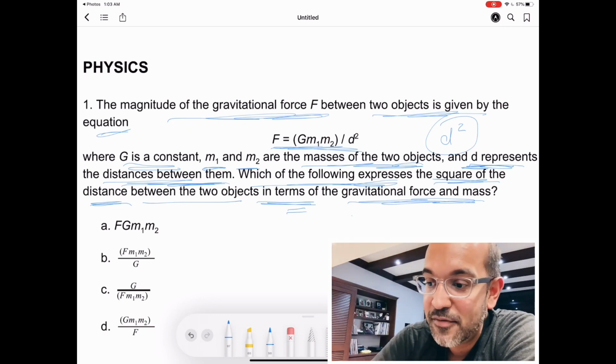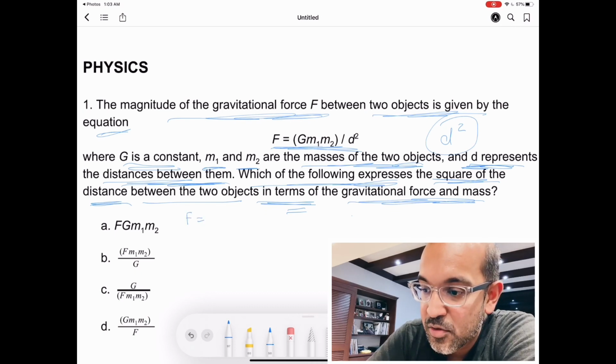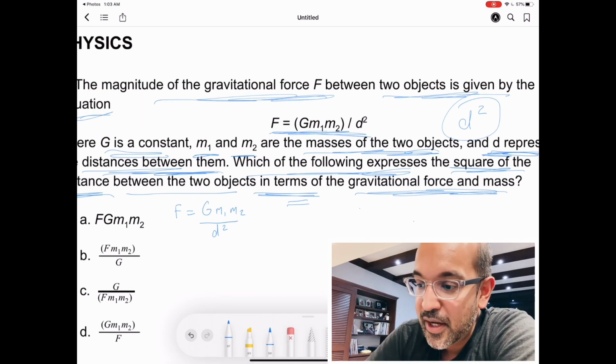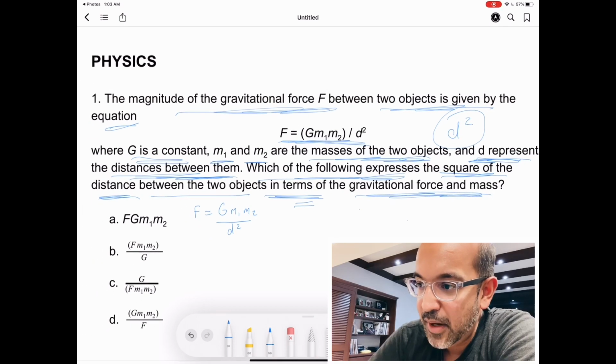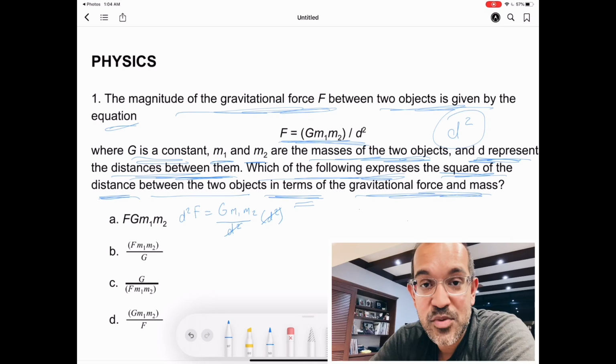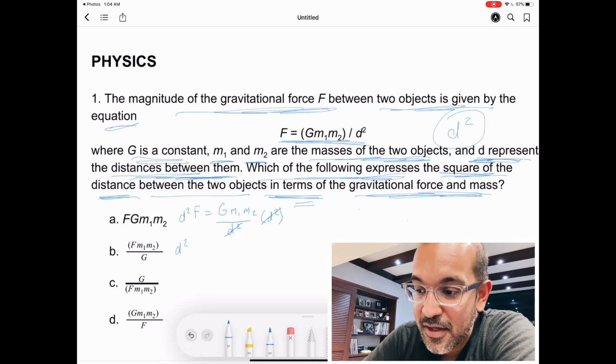So here's all we have to do, okay? I'm going to rewrite this equation right here. So we have F equals G M1 M2 over D squared. Now remember, what do we want? We want to solve for that D squared. So we're going to multiply both sides by D squared, right? So we multiply both sides by D squared. Okay. Now, here's why we're doing that. It cancels D squared on the right,